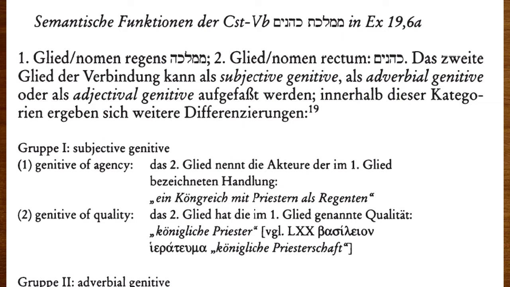Okay, so with that question in mind, that's what Stein's is getting at here with these categories. These are the different kinds of relationships that could be possible. So the first group or category, group 1, is the subjective genitive, which Stein's introduced up here. Within that category, you have two different kinds of subjective genitives. The first one is a genitive of agency, and Stein's describes the genitive of agency as having a relationship wherein